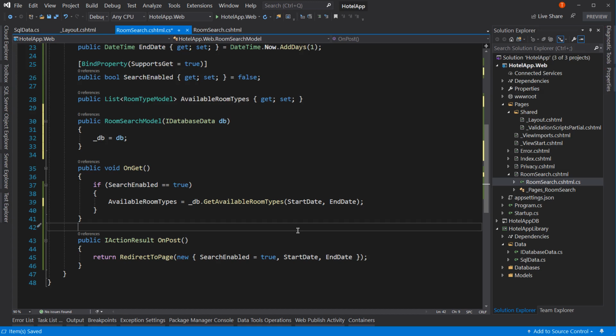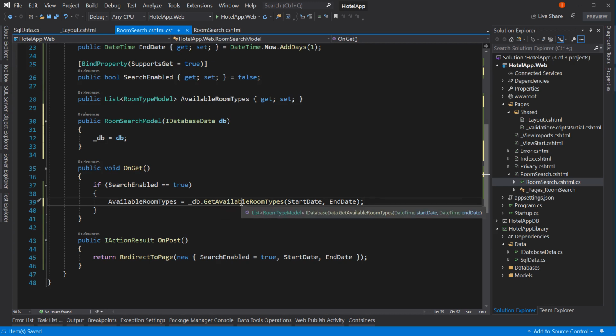But I didn't actually talk to the database. I didn't touch the database. I didn't configure Dapper. None of that stuff. That's all done in the class library, which is done once. And now my quote-unquote data access is just ask for it. I don't have to worry about what's happening here, or even